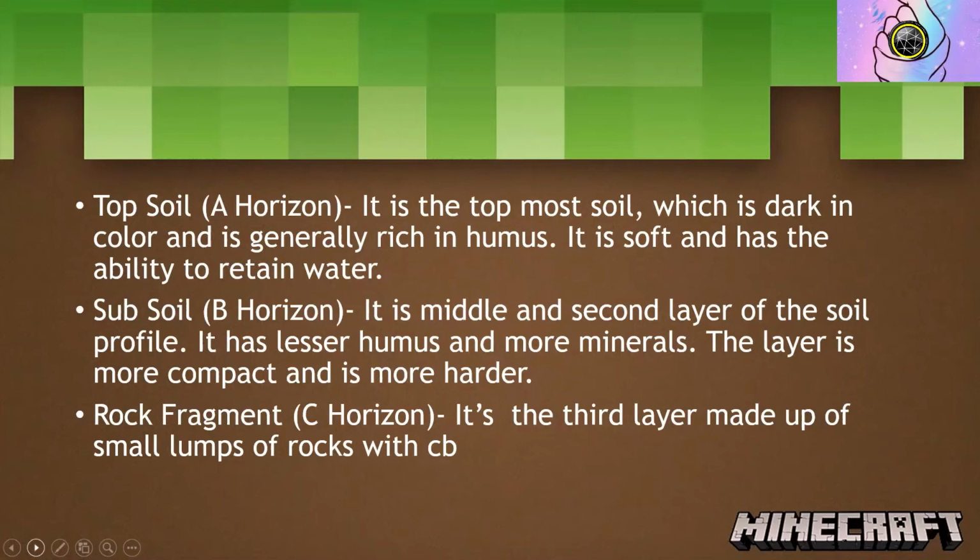Subsoil, B horizon. It is the middle and second layer of the soil profile. It has less humus and more minerals in it. The layer is more compact and harder. Rock fragment, or the C horizon. R horizon. It is the third layer made up of small lumps of rocks with